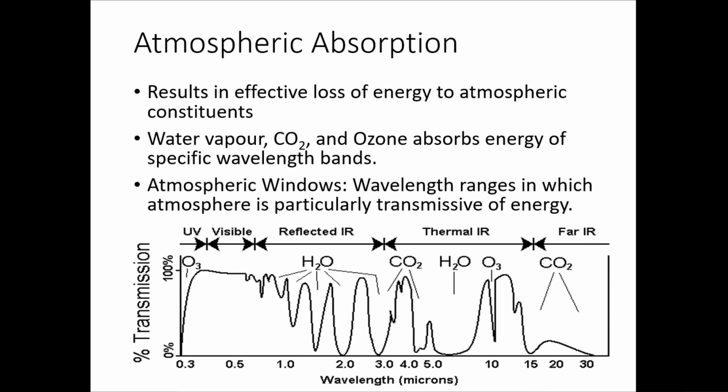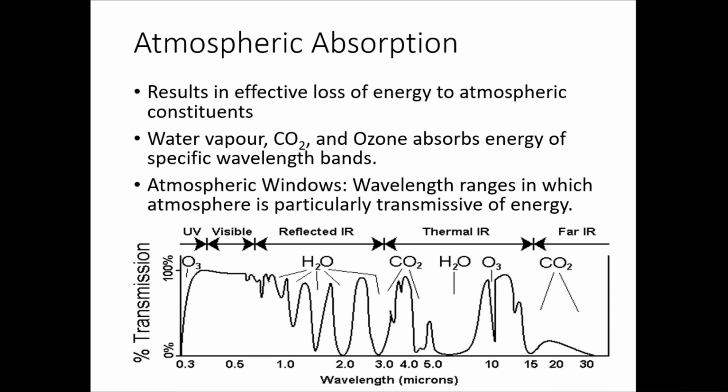Because these gases absorb electromagnetic energy in very specific regions of the spectrum, as you can see here, I have shown you the different wavelengths of the spectrum, and you can see that these greenhouse gases absorb at specific wavelengths, right? They absorb at very specific regions in the spectrum. They influence where in the spectrum we can actually look for remote sensing purposes, right?